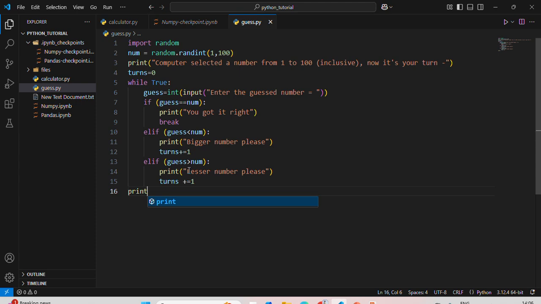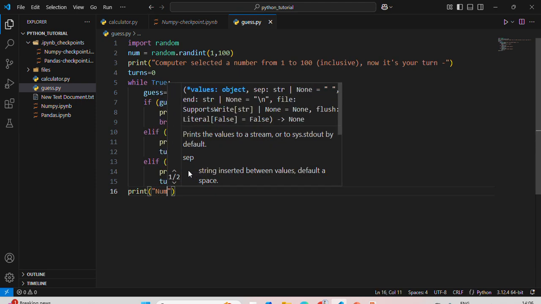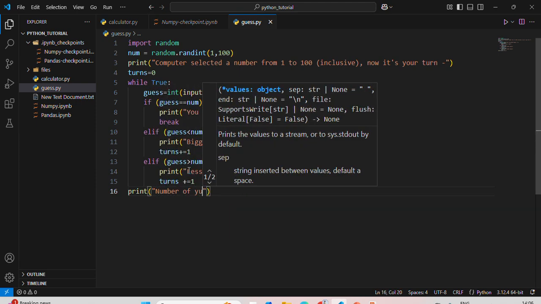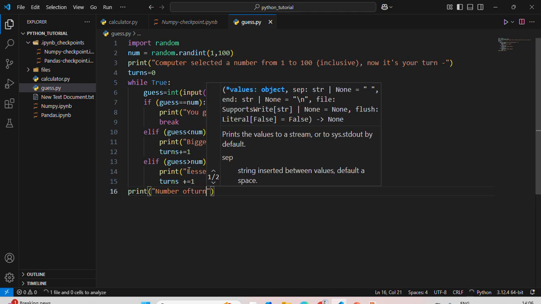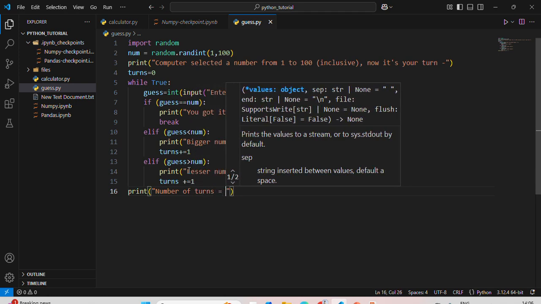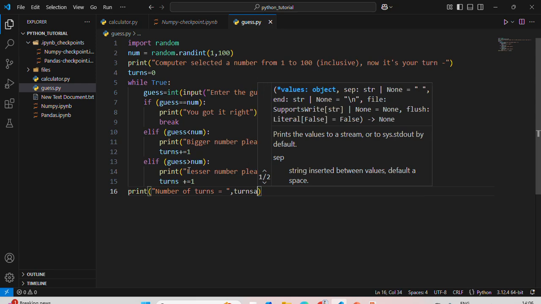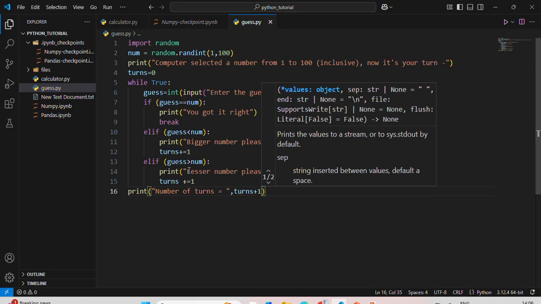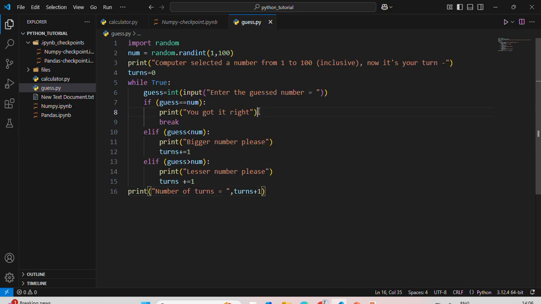Lastly, we will print number of turns equal to turns plus 1. Why this plus 1? Because if we got it right, then it will count as a turn. Fine. Now starting our program,